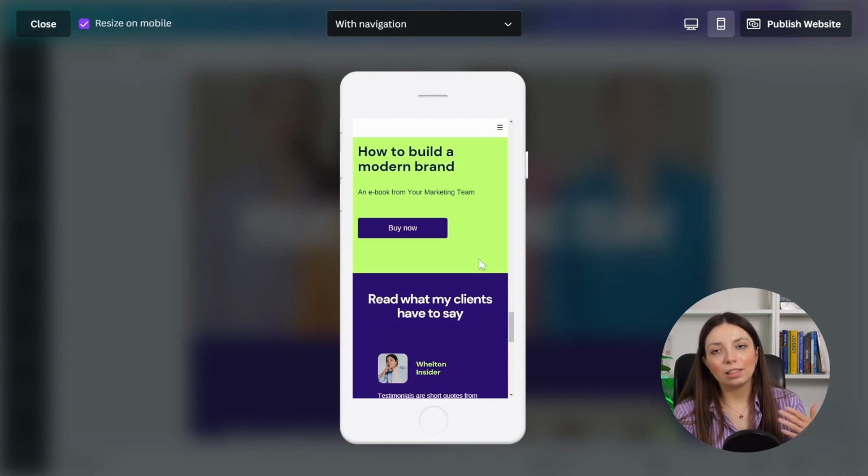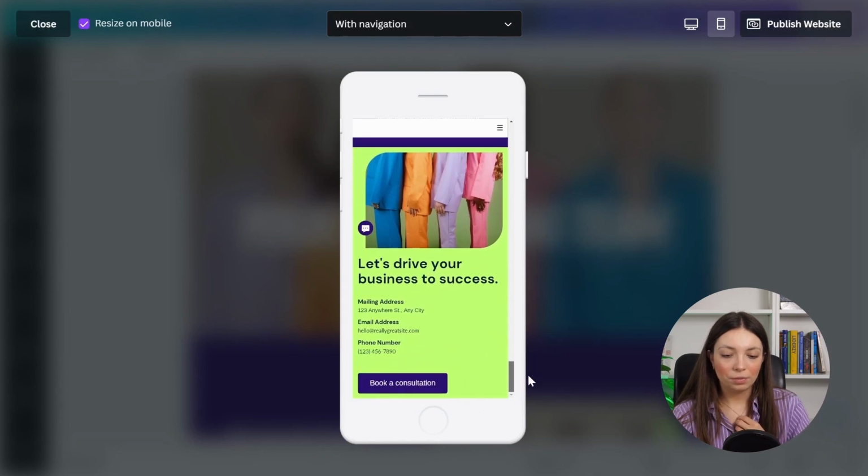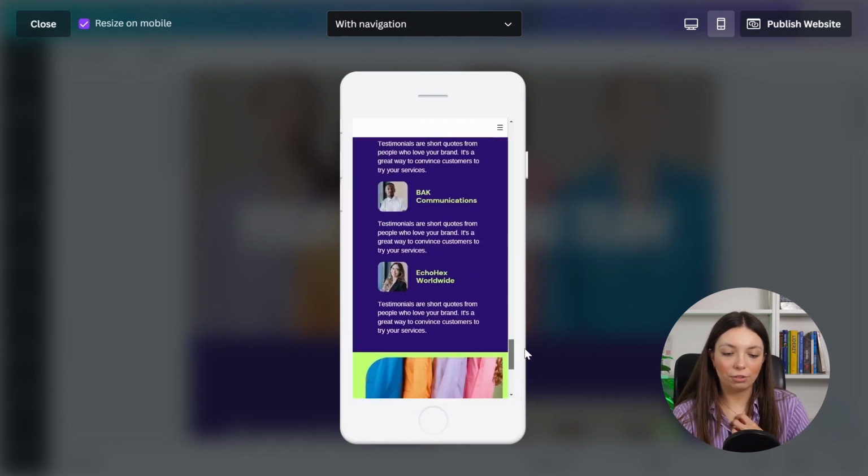So it doesn't think that you can cut the star in half and make it not full in the mobile version, and it will be fine. It just wants to include everything. So